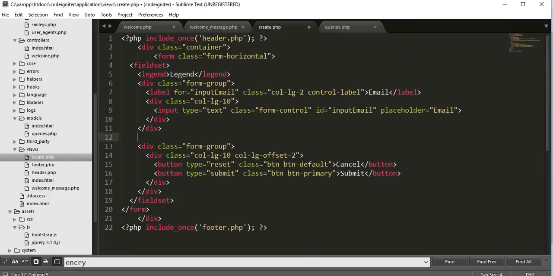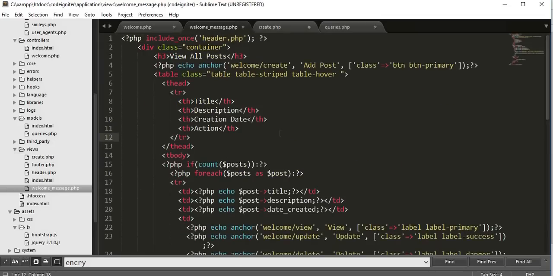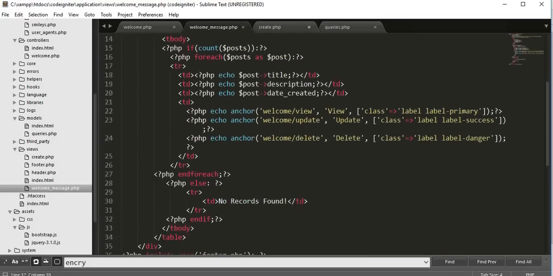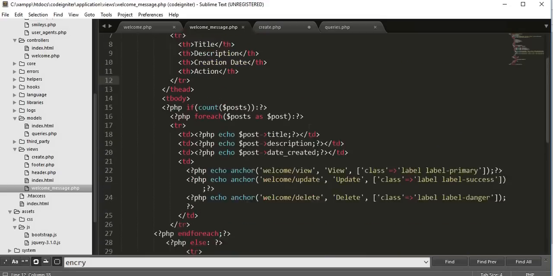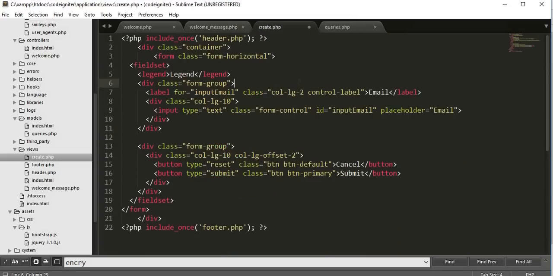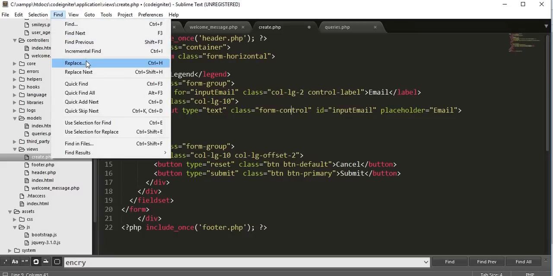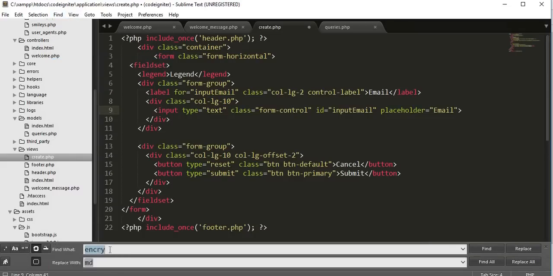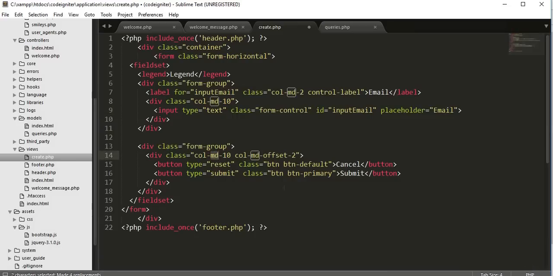Okay, let's change the columns. I want my layout to be medium, not the large. So wherever there is a layout with a name called LG, I will change it to medium. Find and replace. So I'll just change LG to medium. Replace all. Okay, now save it and